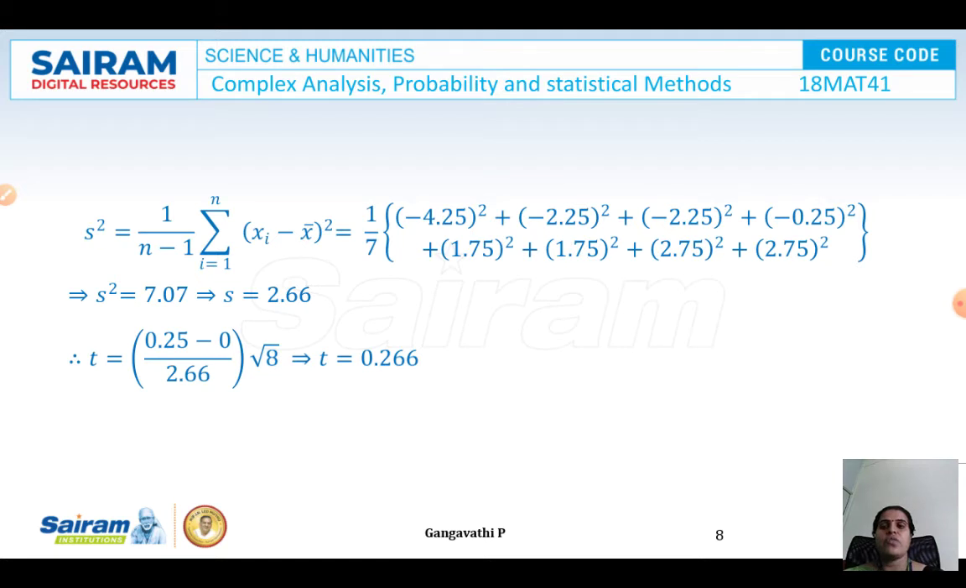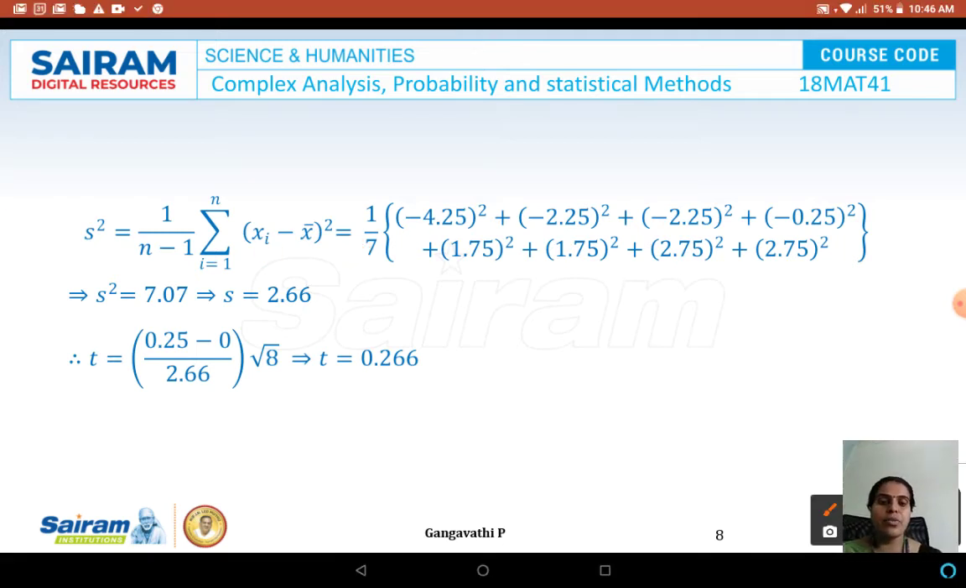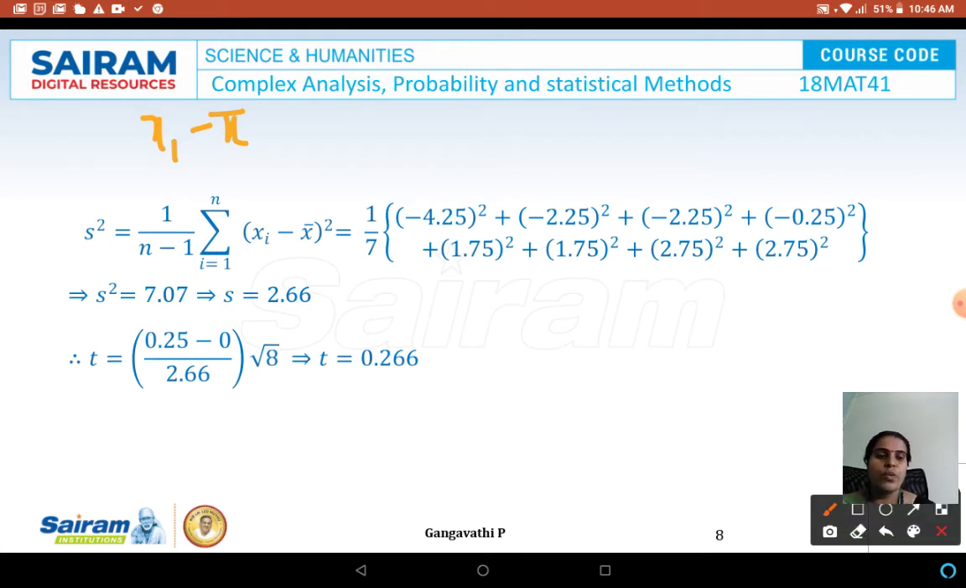standard deviation. So the S square formula is 1 by n minus 1 summation i varies from 1 to n of xi minus x bar whole square. So 1 by n minus 1, n is 8 and 8 minus 1 is 7. So xi is x1, i takes the values from 1 to 8. When i is equal to 1, it is x1 minus x bar. X bar is the standard value, so we will write this as the x bar value which we have evaluated in the earlier slide. The x bar value is